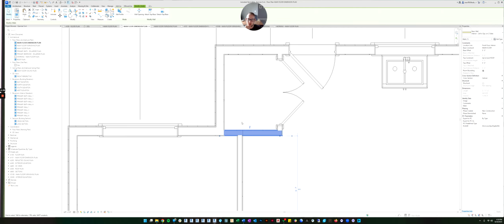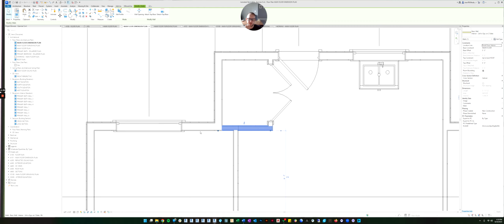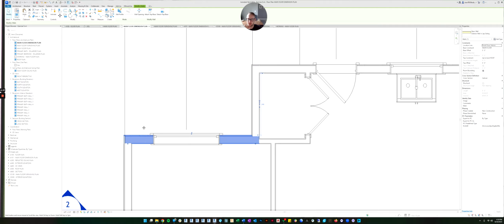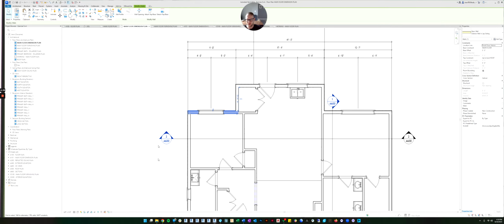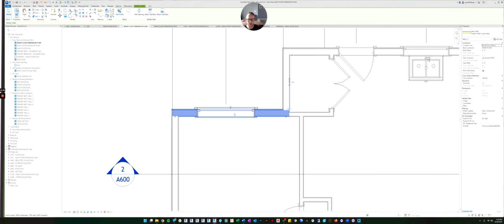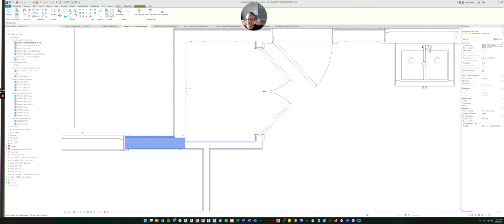This wall, the contractor will know where to build this wall because you can clearly see it aligns with this wall. And this wall has a dimension already, or should. If you finish the outside dimensions, this wall would already be dimensioned. So that wall is already set in place and that wall is based on that wall.